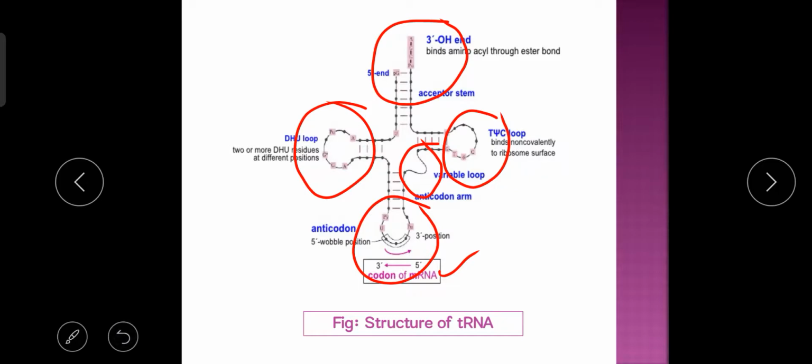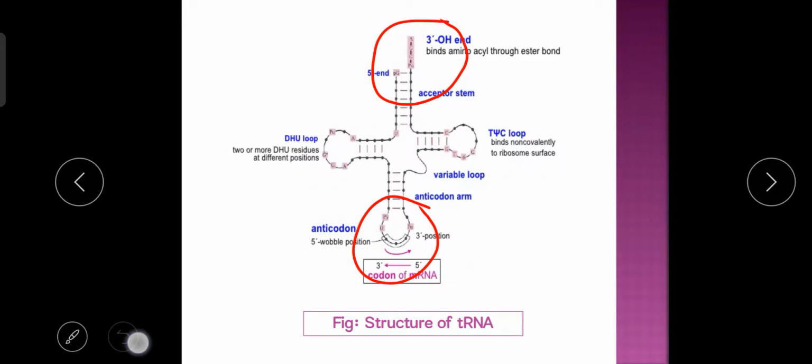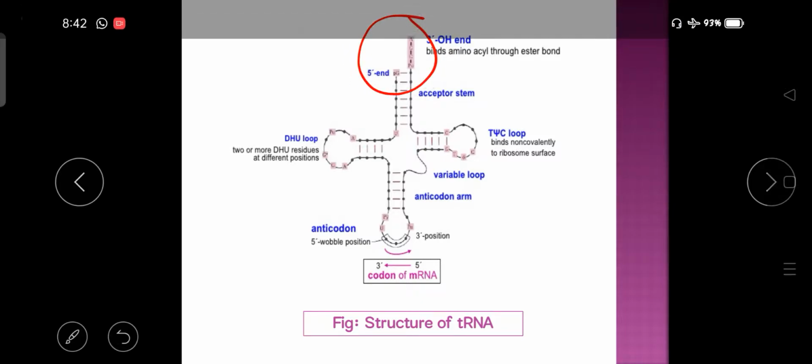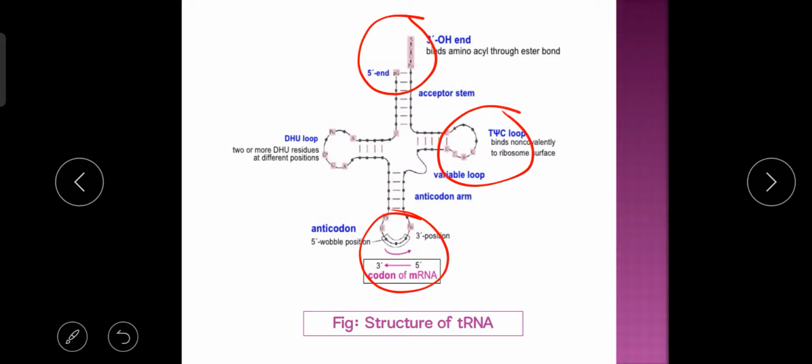Okay, so this diagram is very important. Remember all the names of the arms of transfer RNA. Transfer RNA is also called soluble RNA, and transfer RNAs consist of 5 arms: anticodon arm or anticodon loop, amino acid acceptor arm, T psi C loop or arm, then D arm or DHU arm, or you can say loop, and variable arm or extra arm. Okay, so this is the structure of transfer RNA.